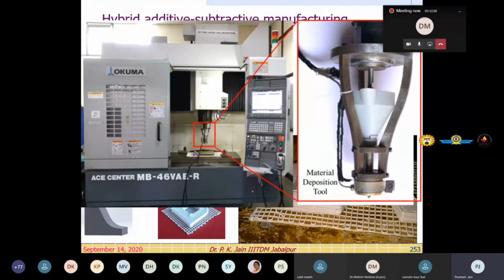This is our CNC machine where we have developed the extruder head. So we can use the material in a pellet-based technique, right? Based on this pellet-based technique, we have here the electric resistance heater. With this heater, there is a screw head inside this. You can see this is the screw head, right? With this screw head on the CNC machine, we mounted this as a tool on the milling machine. So this screw rotates. We keep it at 50 RPM.